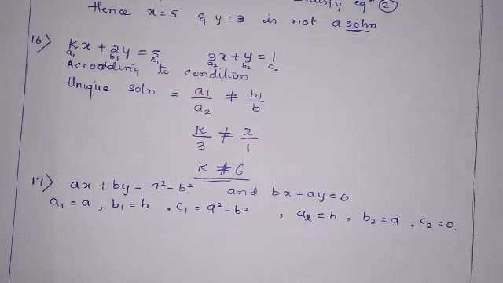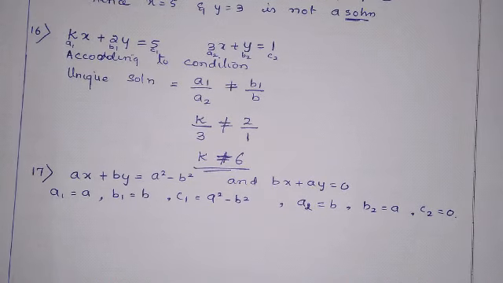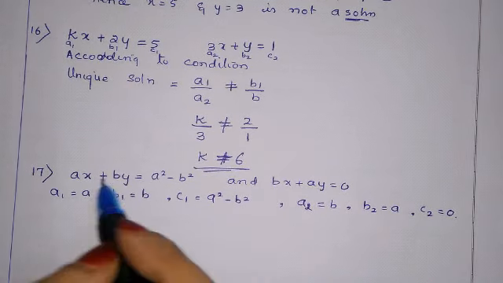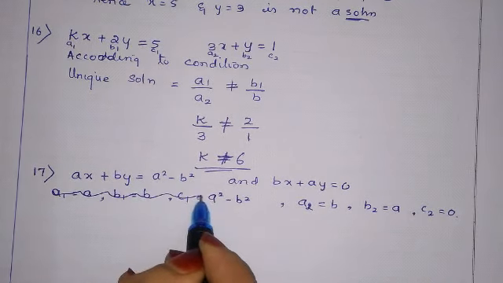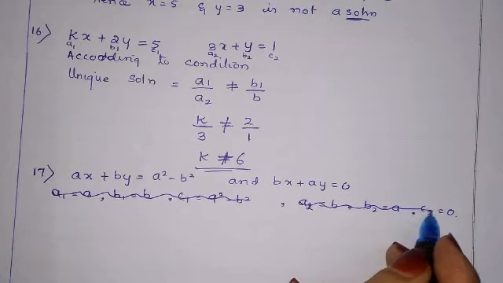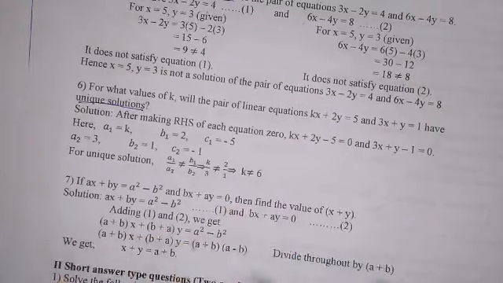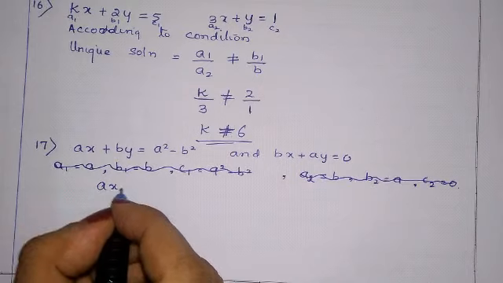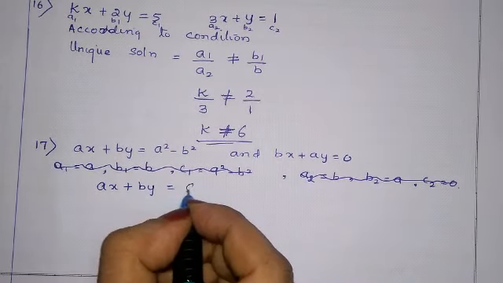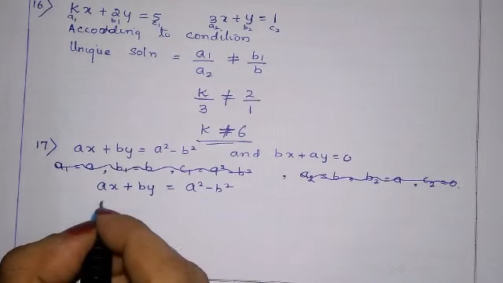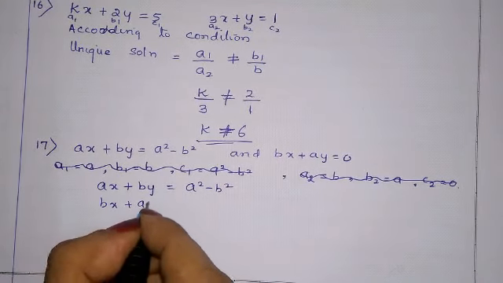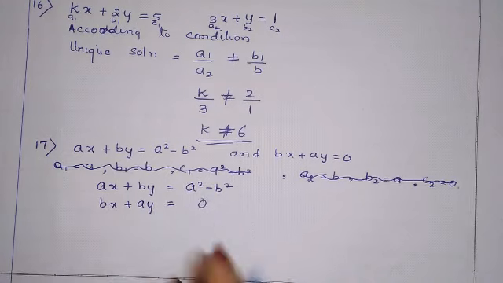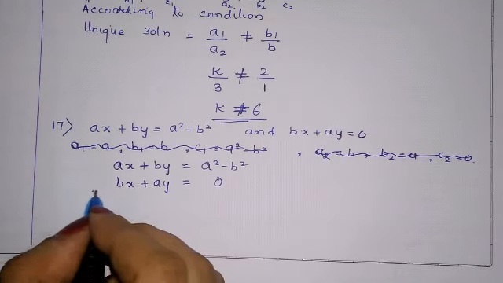According to the given question, a1 and a2 values are not required. Actually they didn't give any condition. By mistake I thought some condition was given, so it is not required, because they have directly given two equations and asked to find the value of x plus y. Let us solve and see what we get.